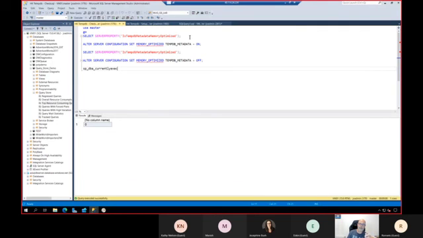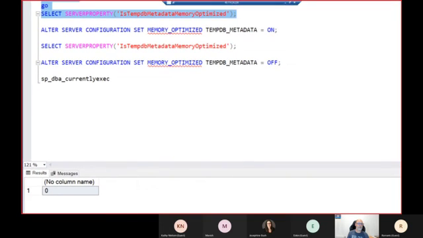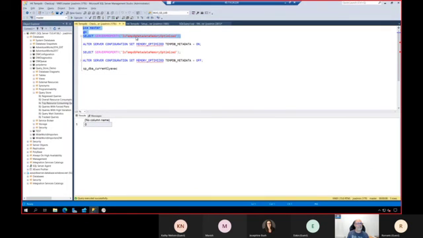And if you disable it, again, you have to restart the instance. So let's check how this property is set right now. The property name is TempDB metadata memory optimized. Now I got a 0. That means that it is not enabled.